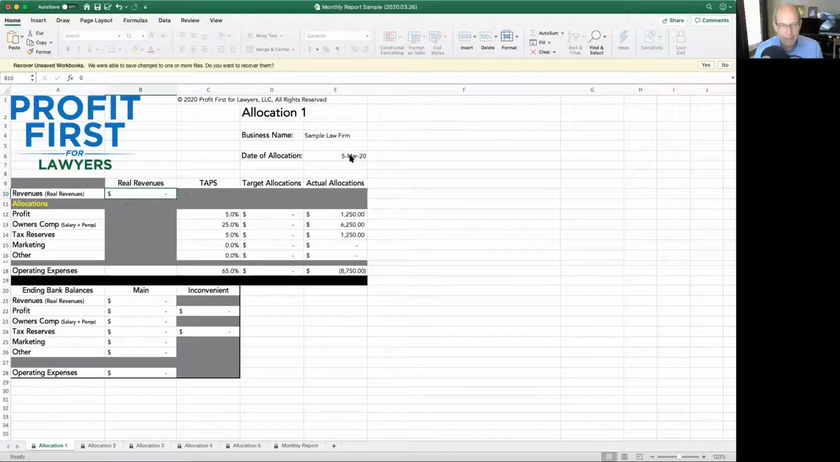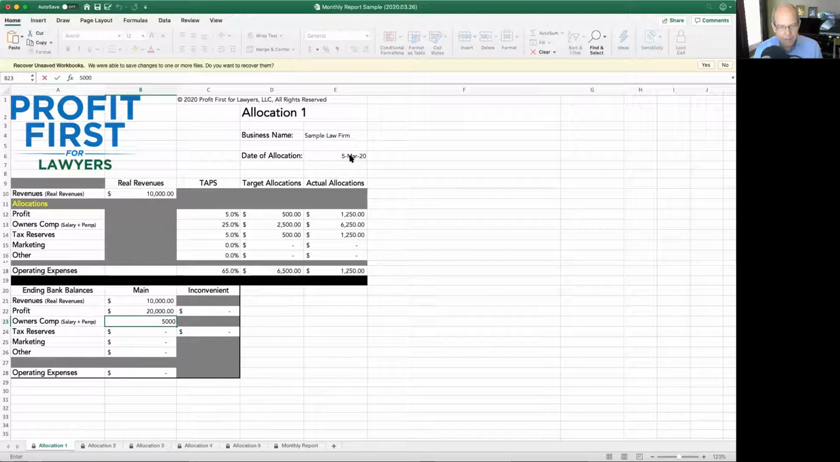And let's just say in our business that we got $7,500. Well, let's make it so we can see everything happen easily. We've got $10,000 of revenues in that time. And then we also enter what our ending bank balances are in our Profit First account. So how much money is in the revenue account? Well, if we got $10,000 and we cleaned it out the way we should have, there should be $10,000 in there. And let's just, for fun, say that there's $20,000 in our profit account,